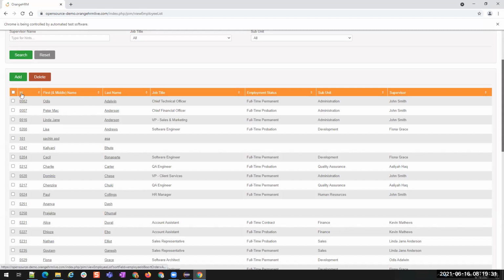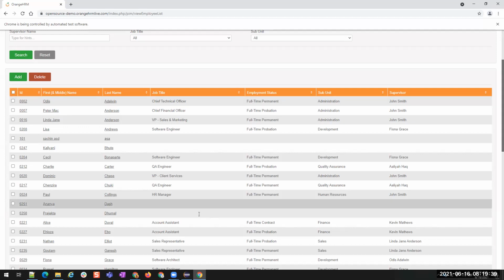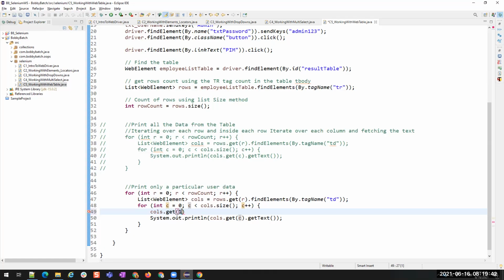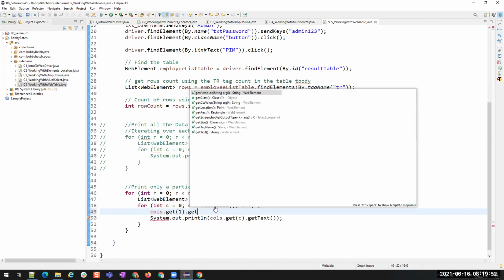This is fixed. This is the first column and this is the second column. I want to check using the ID column, so from index 1, for each row, I'm checking index 1. Dot getText.